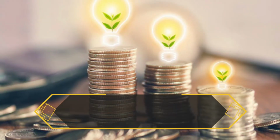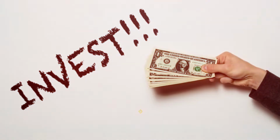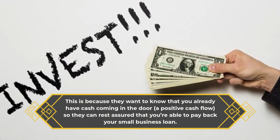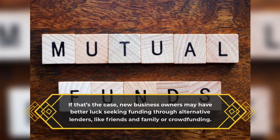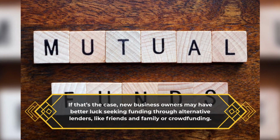For example, many banks won't loan money to a new small business. This is because they want to know that you already have cash coming in the door, a positive cash flow, so they can rest assured that you're able to pay back your small business loan. If that's the case, new business owners may have better luck seeking funding through alternative lenders, like friends and family